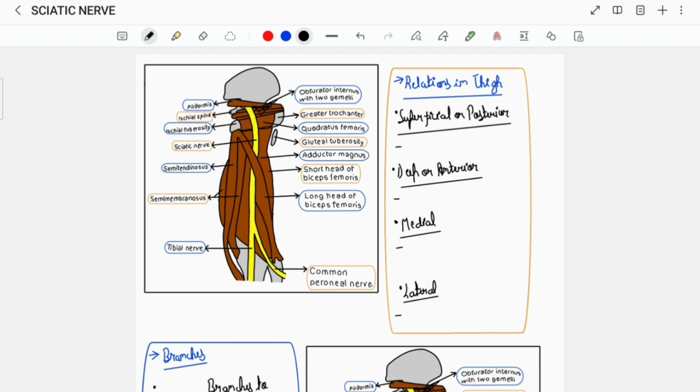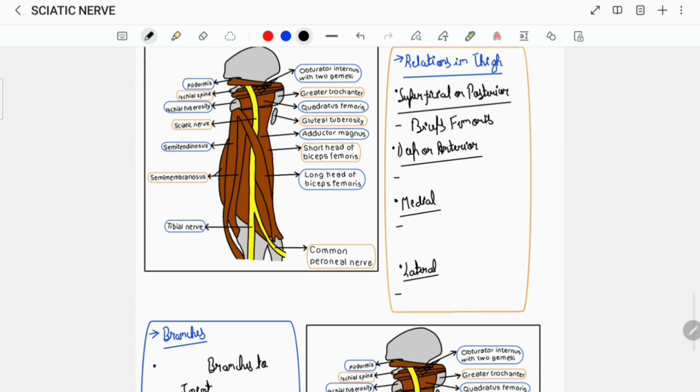Superficially or say posteriorly, the sciatic nerve is crossed by the long head of the biceps femoris muscle, deeply or say anteriorly, the nerve lies on the adductor magnus muscle, medially it is related to the semimembranosus and the semitendinosus muscles,